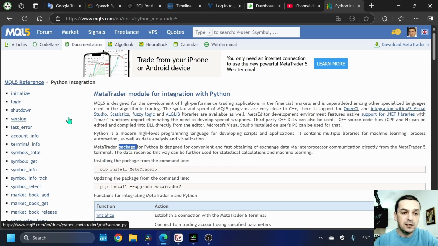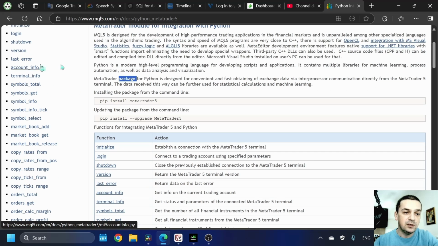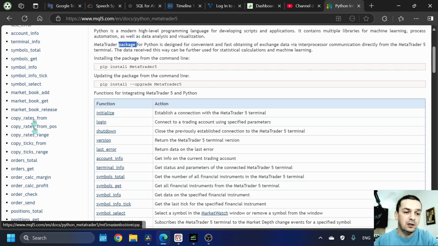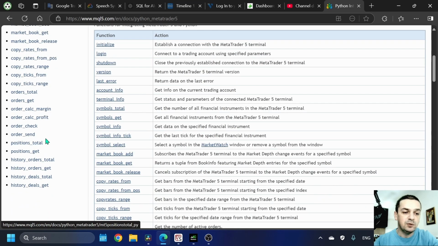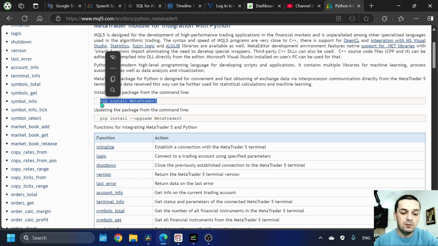And here on the left side or down below, you can see the different functions that are provided for working with Python and MetaTrader 5. And if you take a look here, this is the initialize function. This is the one that we're going to use in a second to establish connection between Spider, between your Python environment and MT5. And if you scroll down below, you can see account information, symbol, historical data, orders and positions, historical deals, and so on. We are going to explore almost everything, but for the moment, let me copy this pip install command,